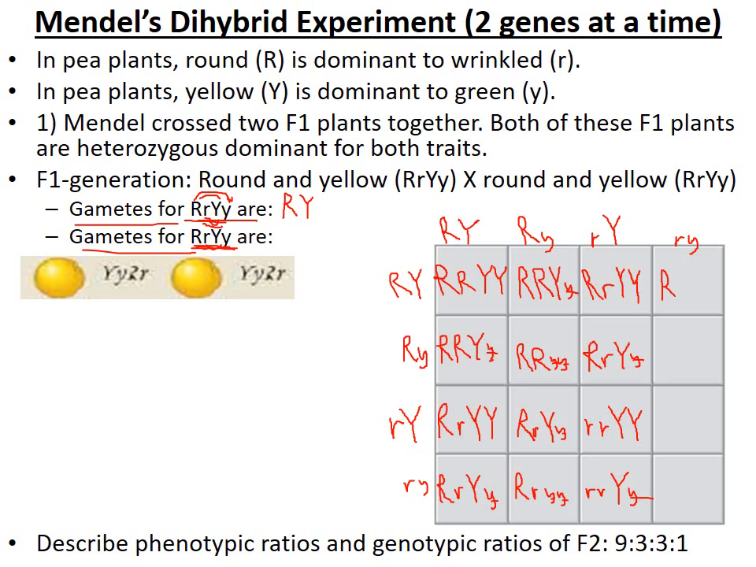Big R, big Y, little y. Big R, little y, little y. Almost done. Little r, big Y, little y. And lastly, we have little r, little y, little y. And so that is our Punnett square for